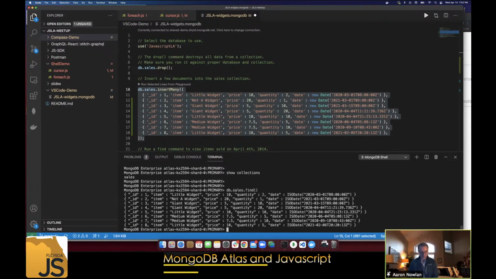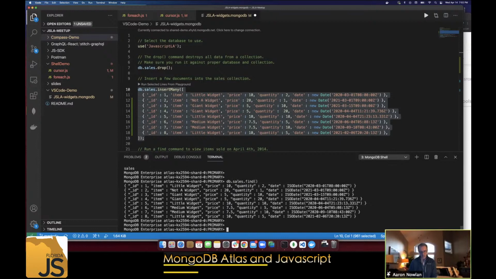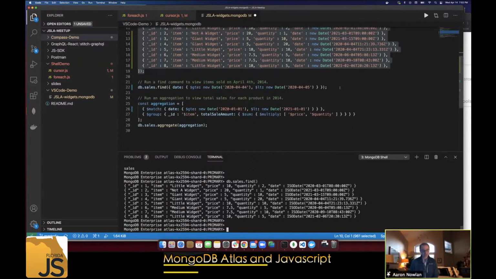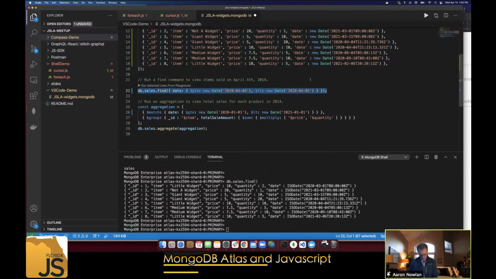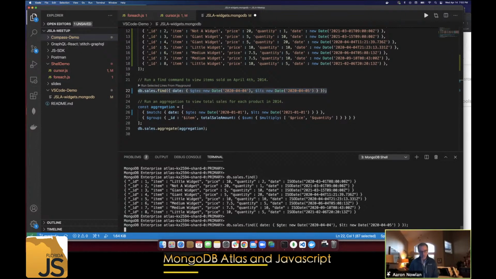Find, and we'll look for all 8 in which we got them. Perfect. I've gone ahead and changed some of the dates in here, so you may see those old 2014 and 15 dates in the repository. I'll submit this later. I just went and made them more current. So now,